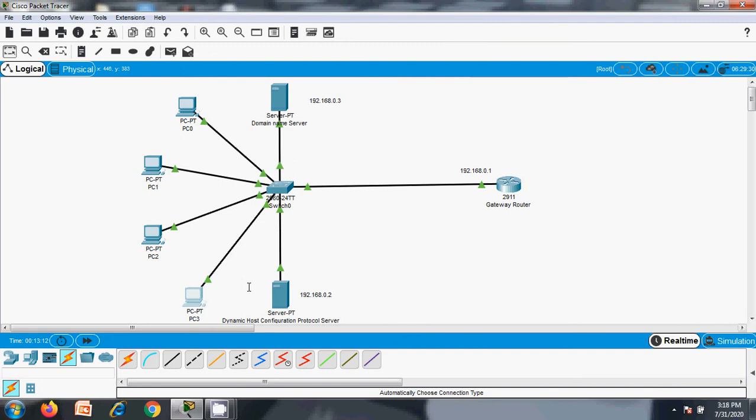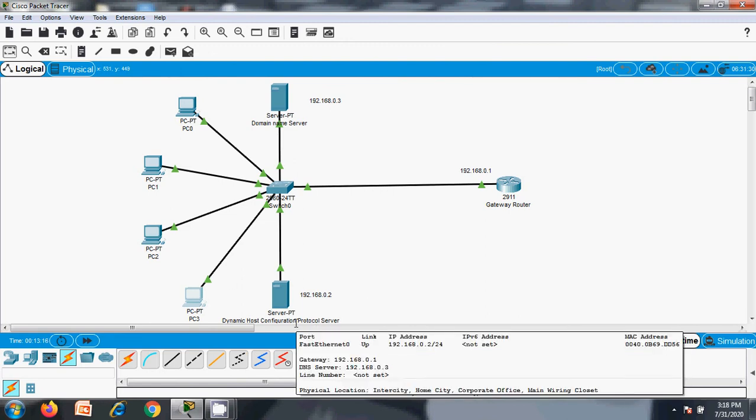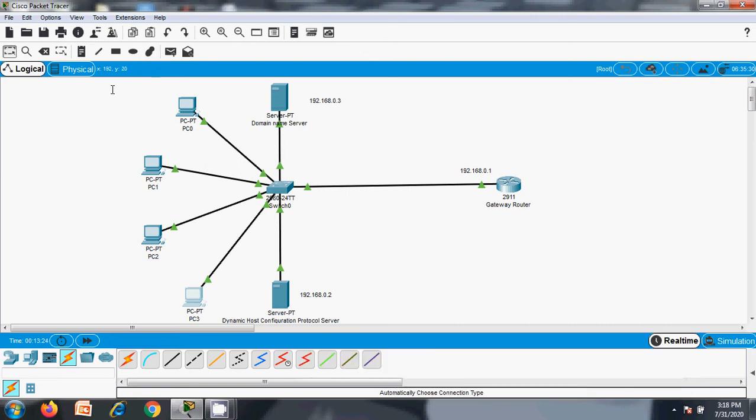Okay, now this is the process of the DHCP server. It will allocate the configuration things: IP, default gateway router, and the DNS server. All those things will be automatically assigned to the PC systems. If one particular IP disconnects from the network, it will be automatically taken back by the DHCP server. So that is also very important in the case of this DHCP server.